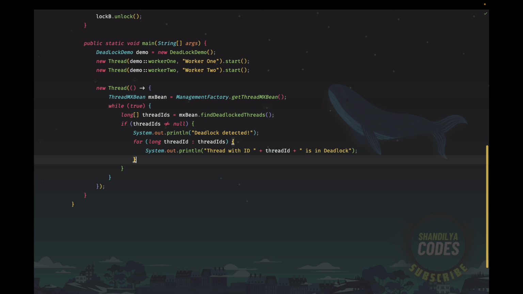And once we have printed this message, what we need to do is break out of the infinite loop,